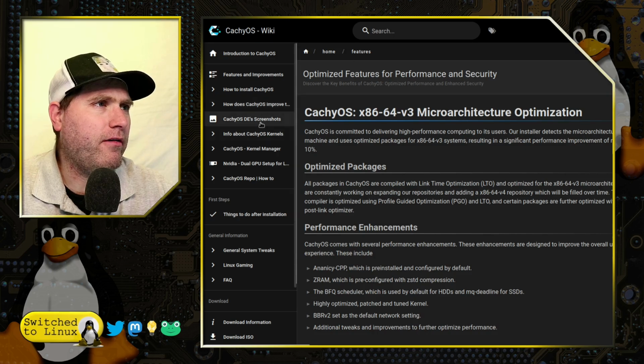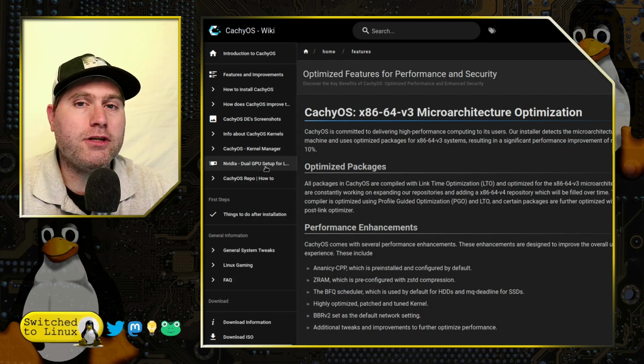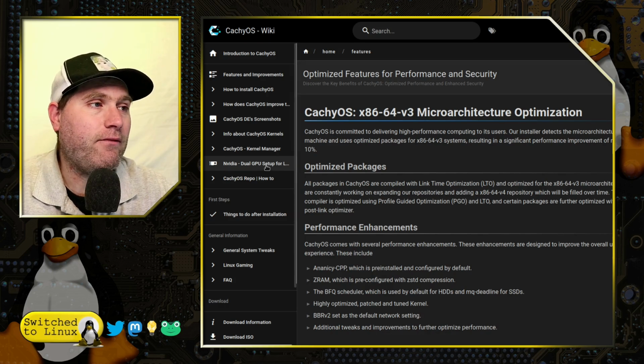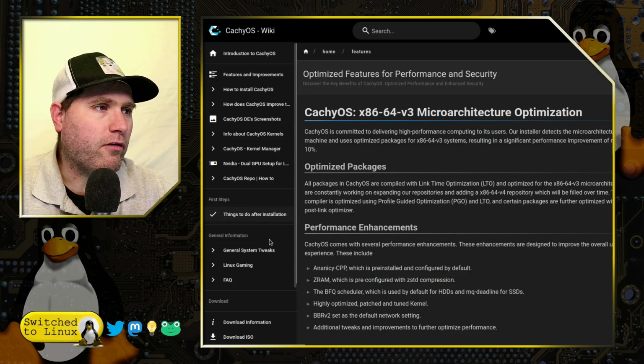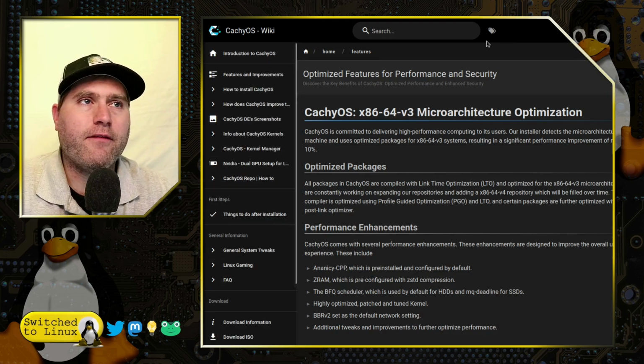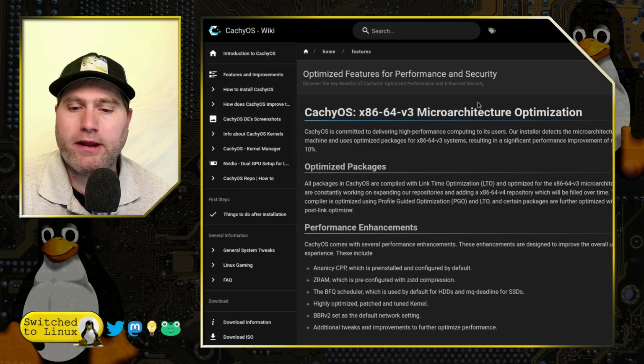We do have how to install it. We have how it improves. We have various screenshots, info about the kernels. There is an NVIDIA setup. So if you do have NVIDIA on the original install screen, you can actually see that they have an option to choose NVIDIA there. And then, of course, we have our system tweaks, things to do after install, all sorts of other stuff. So these guys have done a really good job to make sure that everything is running pretty